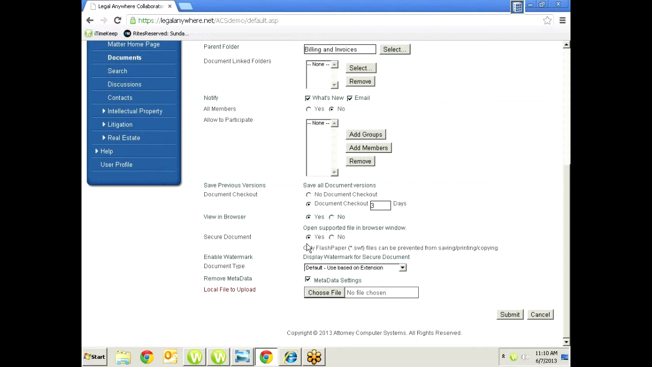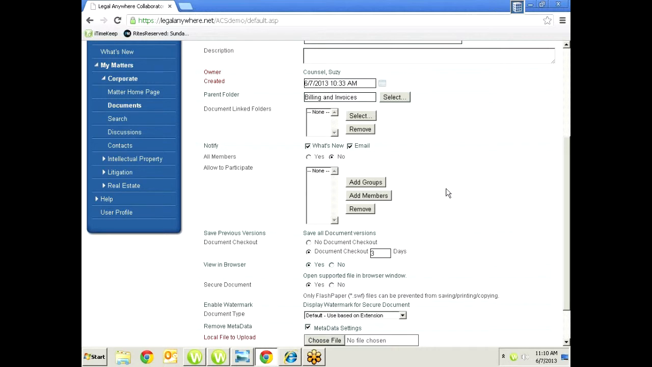Are we going to allow it to be checked out? Can it be viewed in the browser? Is it secure? Do we have that watermark? Remember that confidential, do not distribute watermark we saw just now? Do we want to remove metadata? This is all built into Legal Anywhere and can be selected by the people that are allowed to upload documents